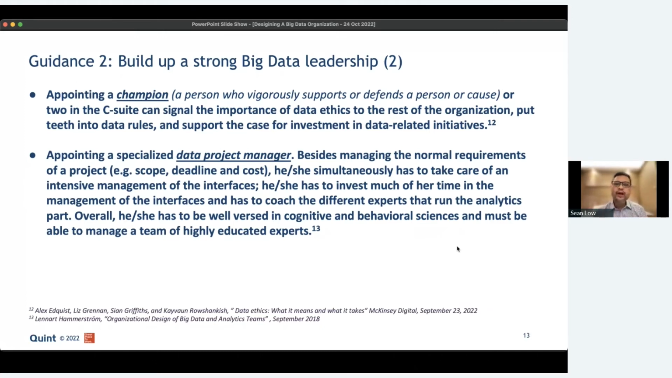And the other point I always want to make is that one of the leadership team that will help drive big data in organizations is a big data project manager. And why is this important? Why can't we just simply use any senior project manager to help run big data projects? And why do we need a specialized data project manager? Because